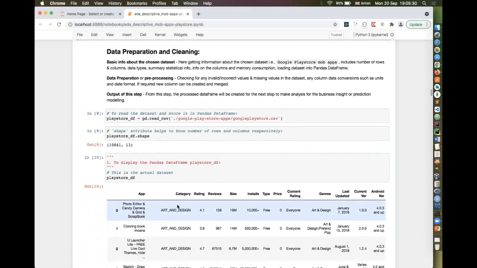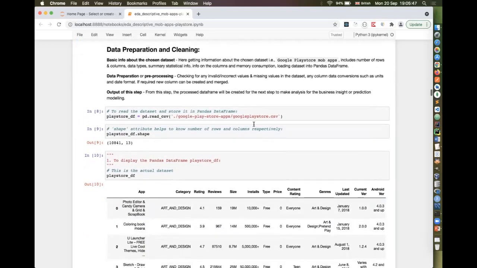Now, once we have all the libraries installed and imported, and all the development environment has been set, and the dataset has been downloaded and kept ready like what I showed in the previous steps, the next step would be data preparation and cleaning.